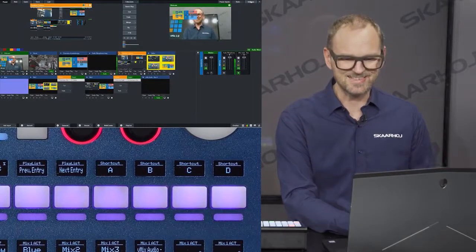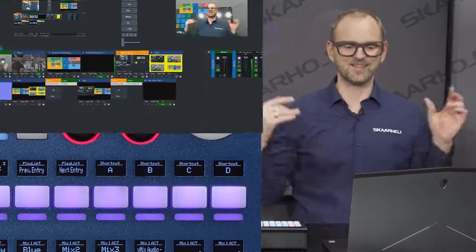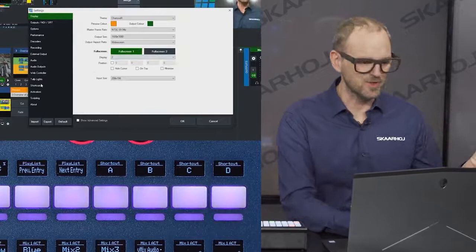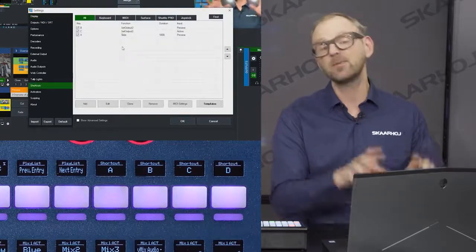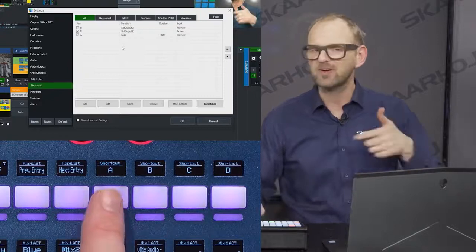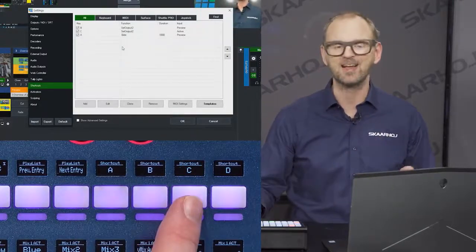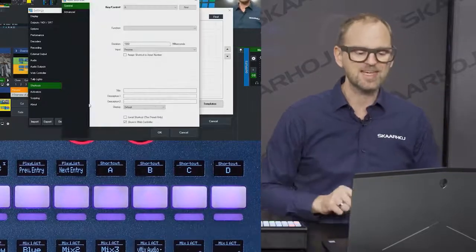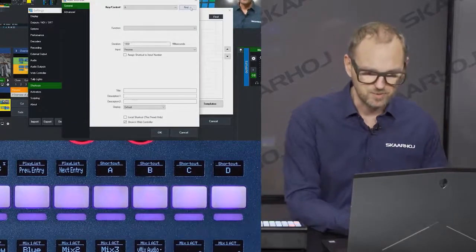So we go to settings. And this slow computer needs a little bit of time to open settings. Yes, there it is. So we go to shortcuts down here. And you see we have already 3 shortcuts. It's A, B, and C. And they probably correspond to A, B, and C over here on the panel. So what about D? Now, if you put it into learning mode by pressing Add, and if you use the